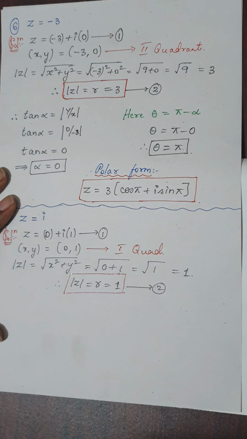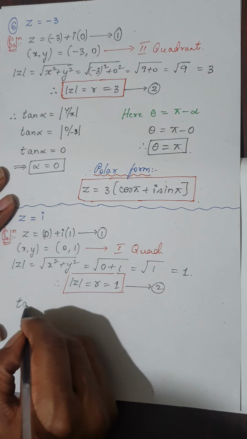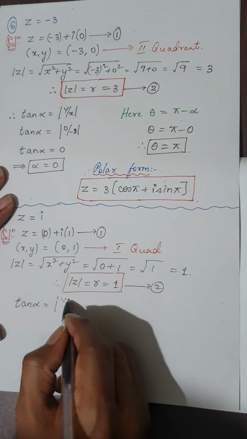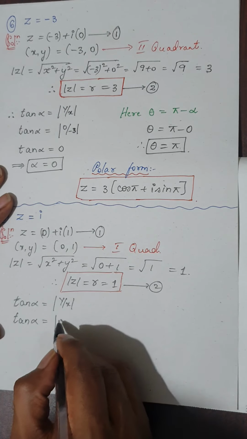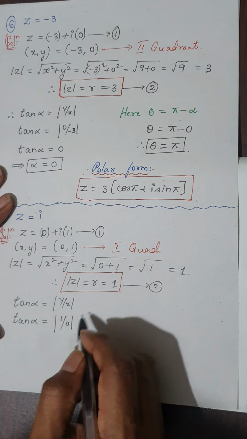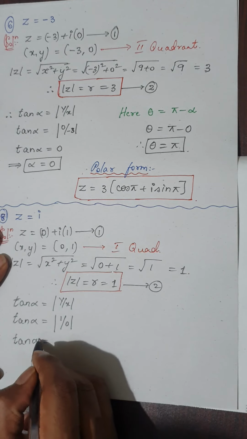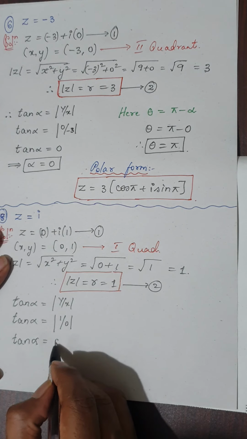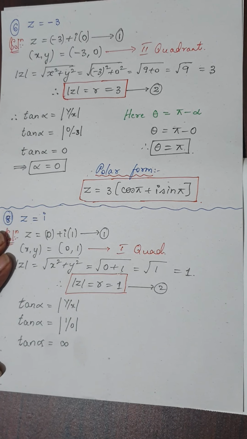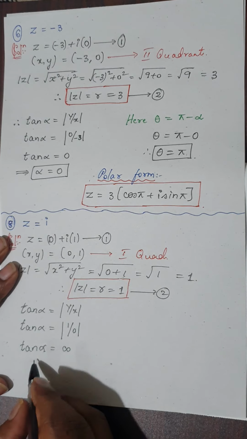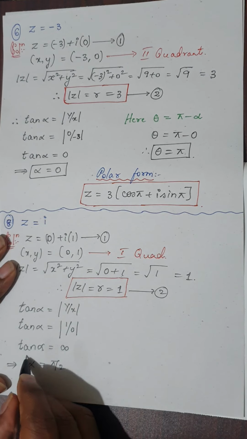Okay, now value of alpha. Now I have tan alpha is equal to modulus of y by x. So tan alpha is equal to modulus of y value is 1, x value is 0. Please be very careful here. Actually I get tan alpha is equal to how much? 1 by 0. If the denominator is 0, I told you, you will get infinity. Okay, now can you tell me tan what value is infinity? We all know. So this will imply alpha is equal to pi by 2, 90.